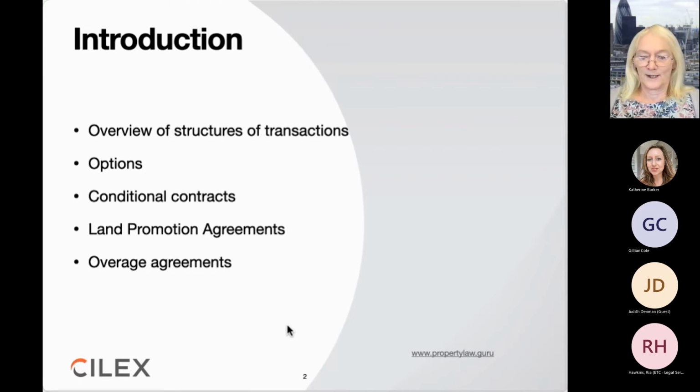So whereas with a conditional contract or option agreement, the builder's trying to build in as many deductions as possible so that the seller gets as little as possible and he has to pay as little as possible, the developer, as I should call him, is motivated to maximize the amount of profit that will be made on the sale of the land. So it's in his interest to get the best planning permission possible.